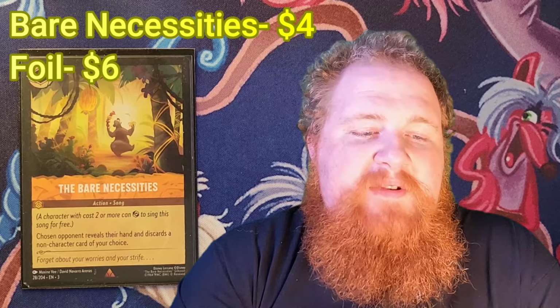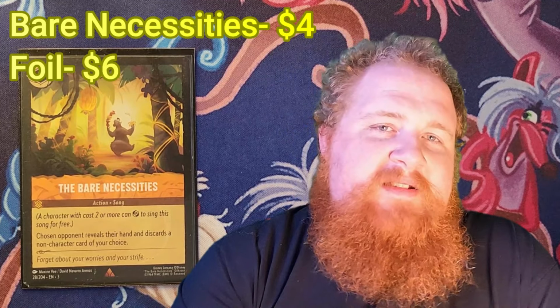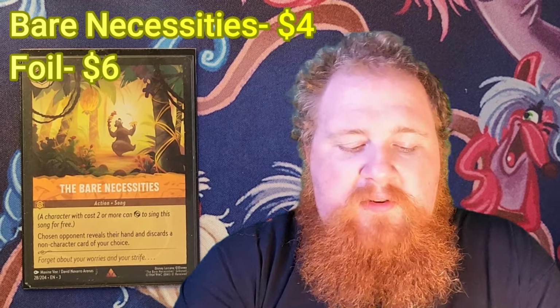Could be a location, could be an item, could be something they really need. Great way to snipe those fishbone quills, queen's castles, all that kind of stuff. Any non-character card you're able to just straight up take away from them. The fact that it can be sung by a character on 3, so you could go like turn 2 Ursula, see their hand, see if you want to even take a non-character card again after sniping a song with Ursula, and then going into turn 3 you can use Ursula to sing this